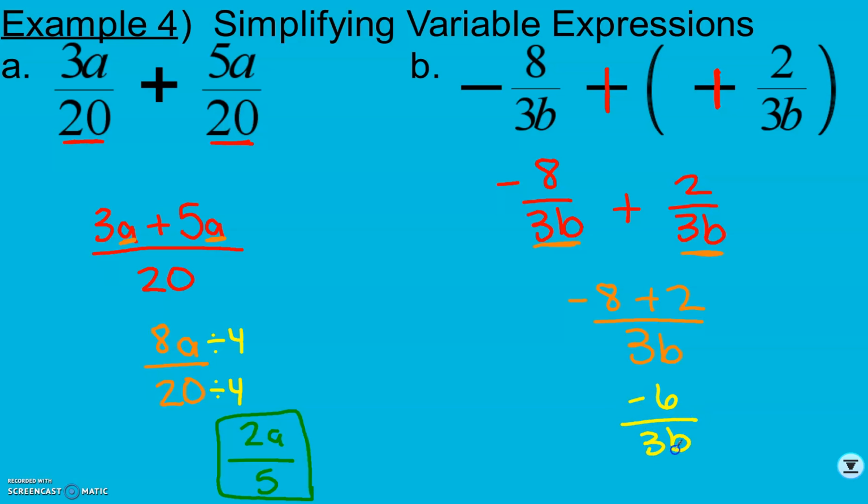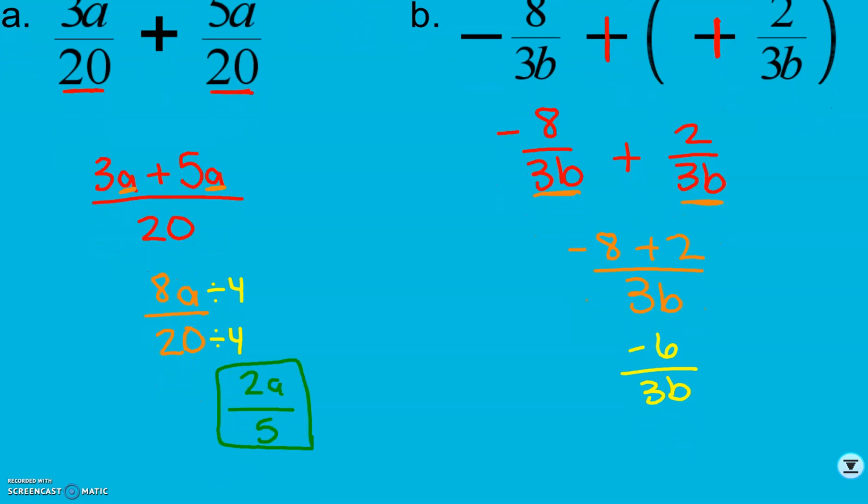over 3b. Now, between 6 and 3, my greatest common factor is 3. So I can divide top and bottom by 3. Negative 6 divided by 3 is negative 2. 3 divided by 3 is just 1b. We don't necessarily need the 1 there, so we could just do negative 2 over b, because 1 times b